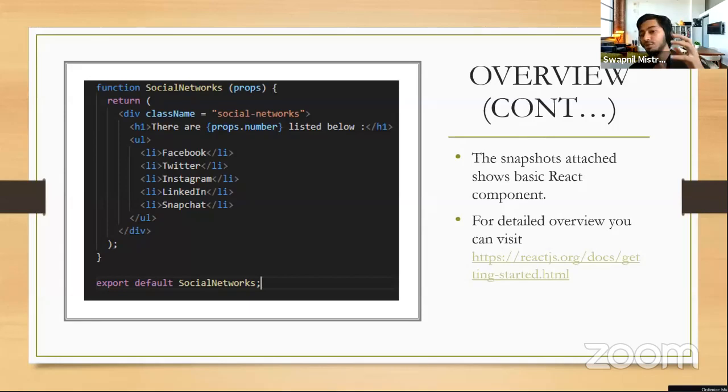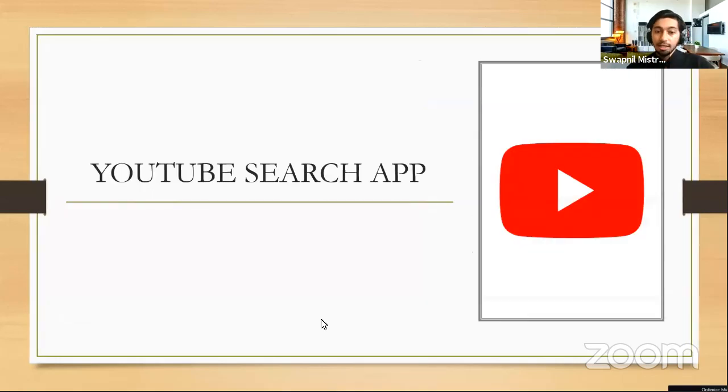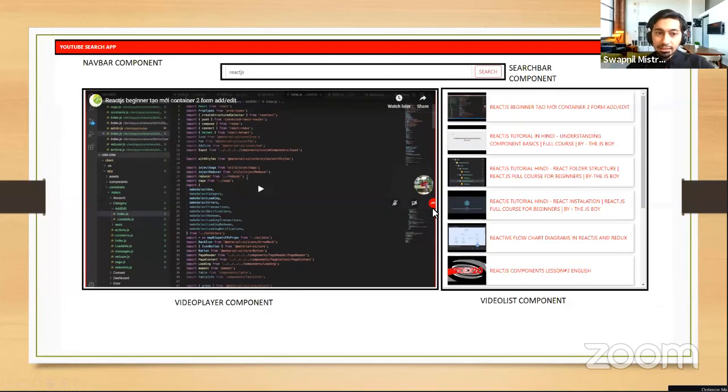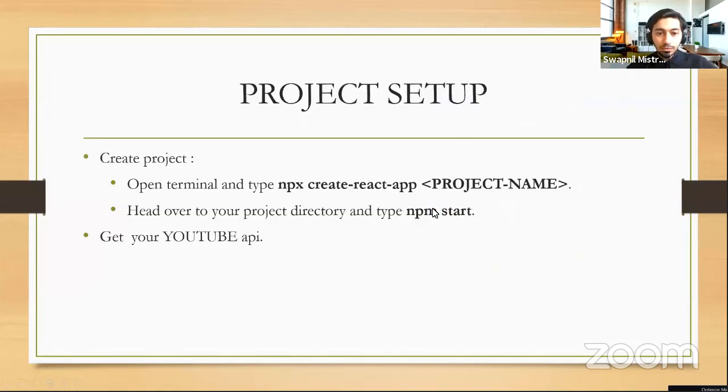Between the functional and the class components. Yeah, so I think I will be covering this in the PPTs later on. But the very first thing is what are the commands which you need to set up your initial